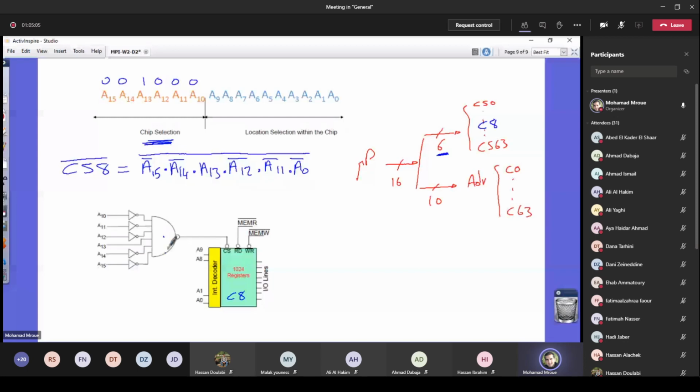then بقيه السيجنالز هدول هن ذاتهم بيروحوا على كل الشيبس، A9 to A0 عم استعملهم على كل شيبس. سو عندي انا هون ال A15 to A10 هن بيحددوا اي شيب اعملها سيلكت، اوكي، selection. بيبقى عندي لحدد اي ميموري لوكيشن بستعمل ال 10 بتس الباقيين. السايز لهيدي الشيب هي 1024، اوكي، multiplied by the input output اللي هن 8، سو بتكون هي 2 باور 10 بايت او 1 كيلو بايت، سايز لهيدي الشيب يعني. اوكي. زدت كلير؟ حدا عنده اسئله؟